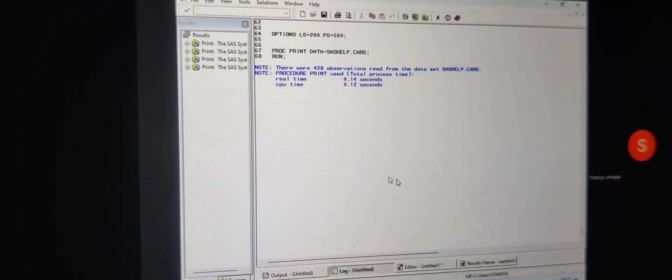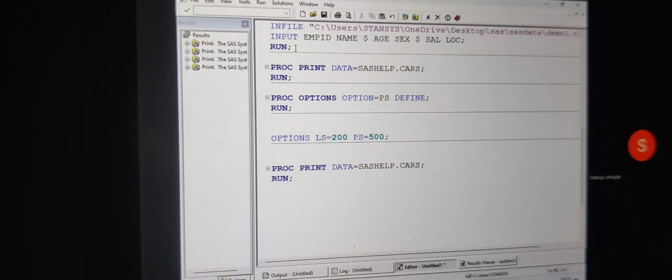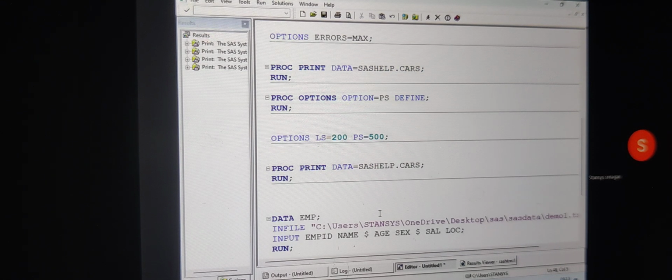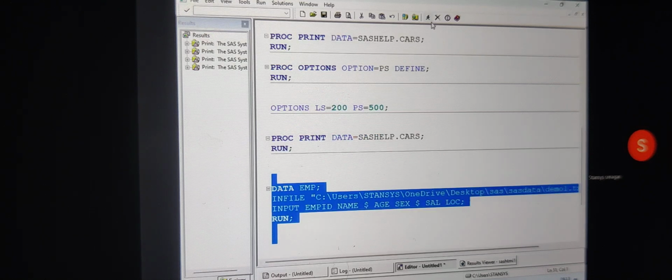I'm clearing the log window. Okay. Now I'm executing this program. The program executes, and in the log window, it will print the code that we executed and it is also going to print the